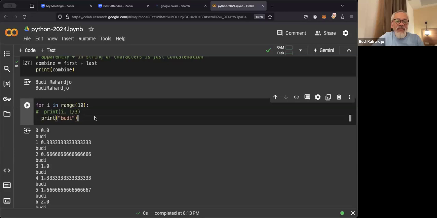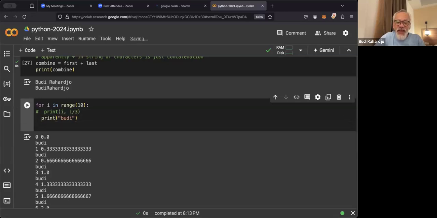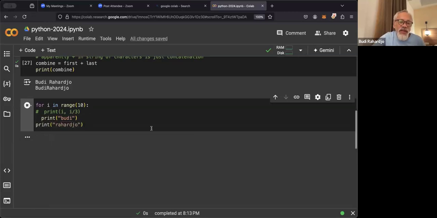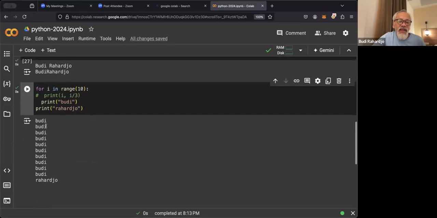And then if I remove the indentation and print Raharjo, it will print Budi 10 times, and the Raharjo, because it's not part of the loop, is going to be printed only once.